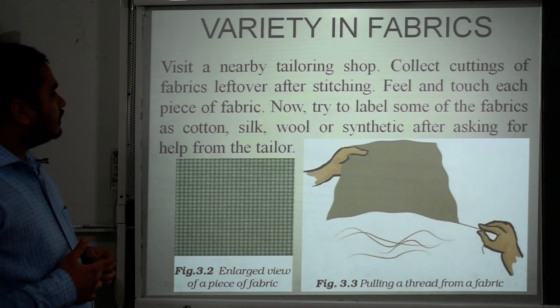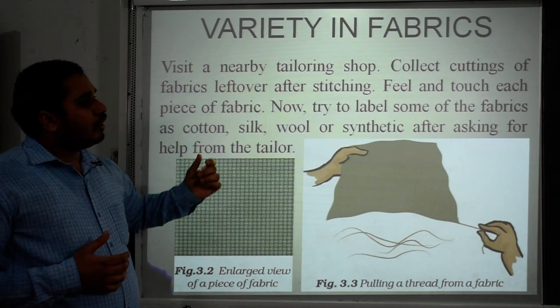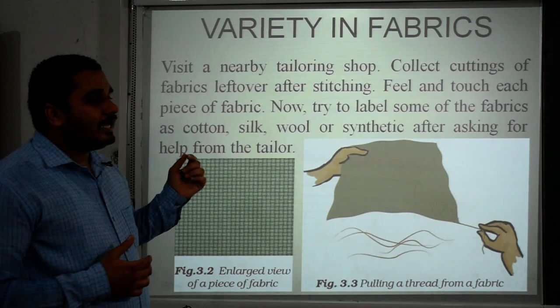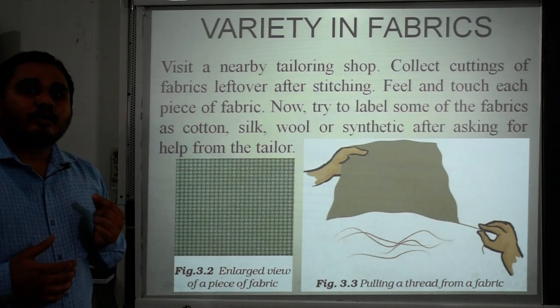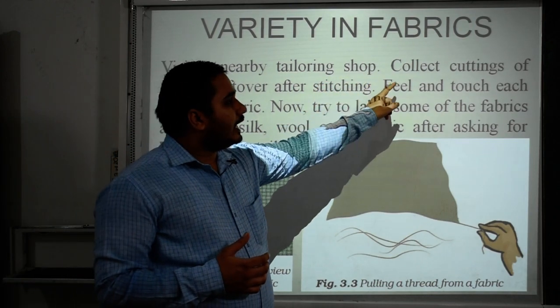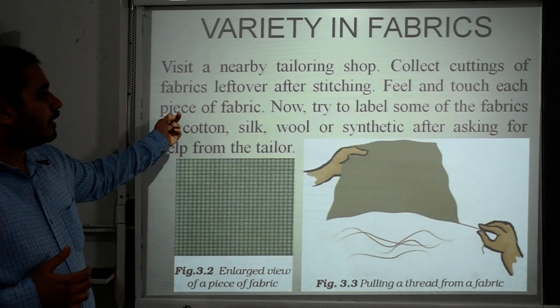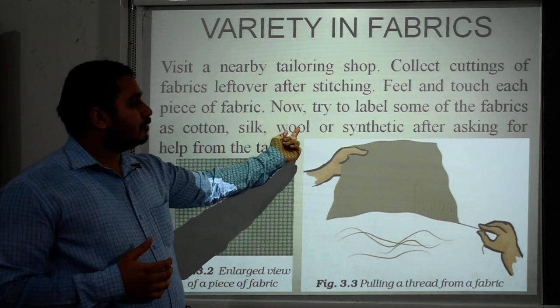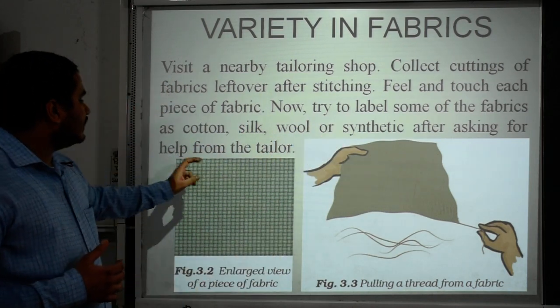Variety in fabrics: visit a nearby tailoring shop, collect cuttings of fabrics left over after stitching, feel and touch. That is the main thing to identify any cloth. Feel and touch each piece of fabric. Now try to label some of the fabrics as cotton, silk, wool or synthetic after asking for help from